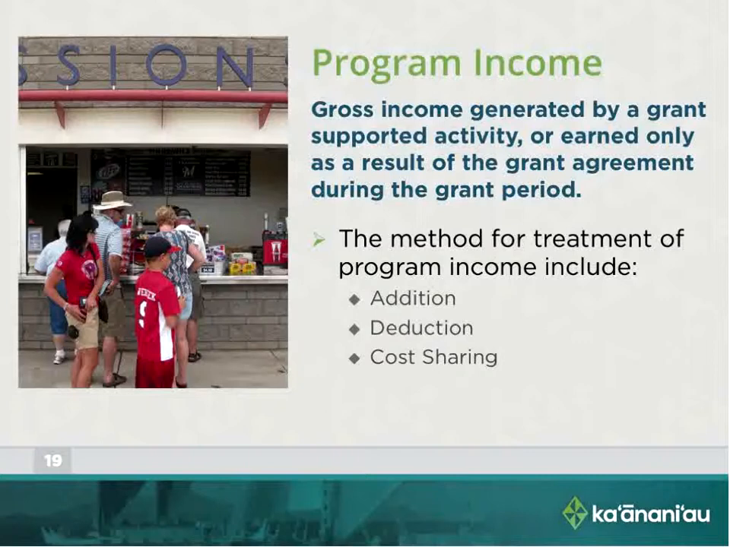Just say that you sell food at one of your events and you generate money from that, but the staff are being paid with grant funds. Well, it automatically becomes program income. And in A&A's case, they allow it to be an additional cost. So all of you check your Notice of Grant Awards and look in box 21 and make sure it says